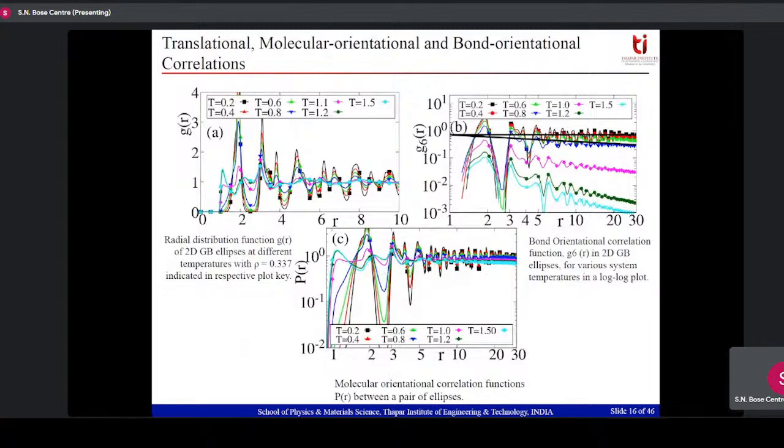And these are the 3 different correlation functions that help you to determine the phase. So this one helps you to determine whether the solid phase is there. This one helps you to determine whether the hexatic phase is there, and this one determines whether you have nematic, meaning liquid crystalline order, or not. So what is going on here is that this G6, the bond orientational order, if all the particles are oriented with their bonds nicely, in a hexagonal arrangement, then this order function should stay horizontal. And that's what happens at these temperatures.